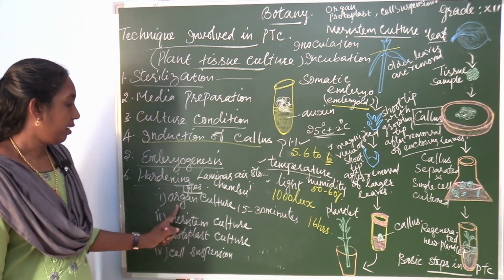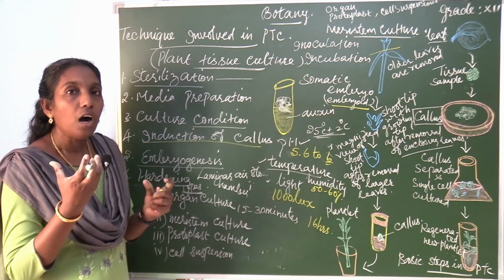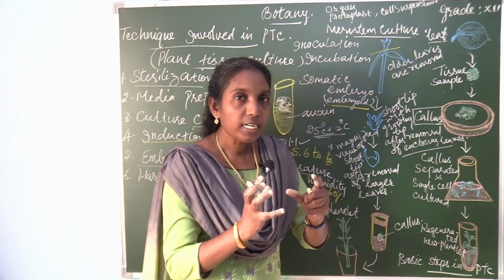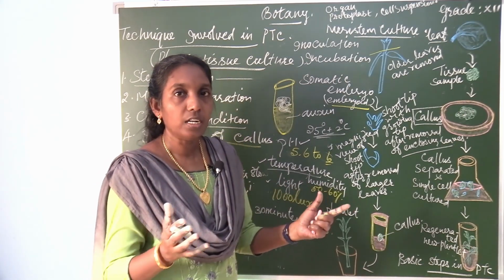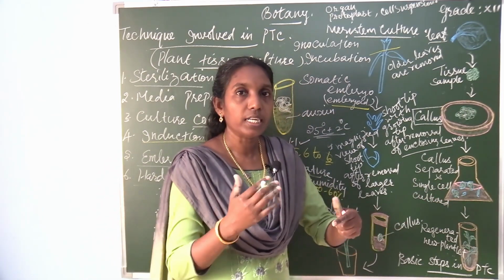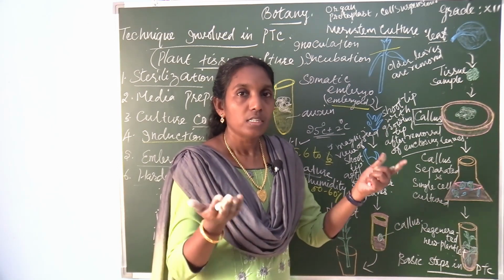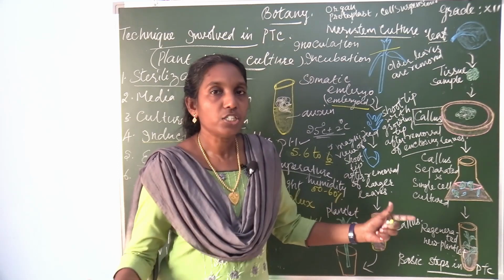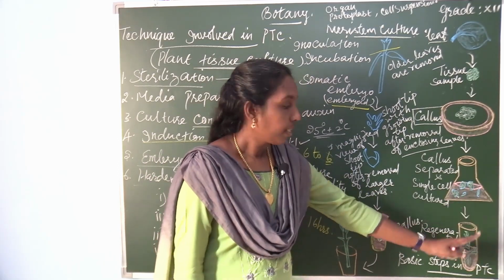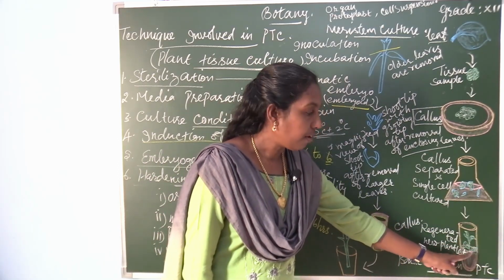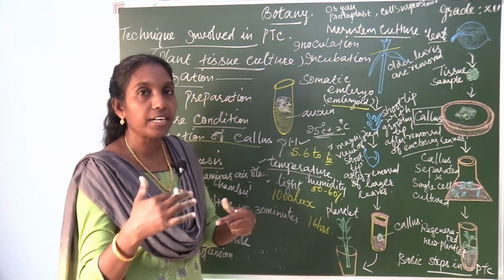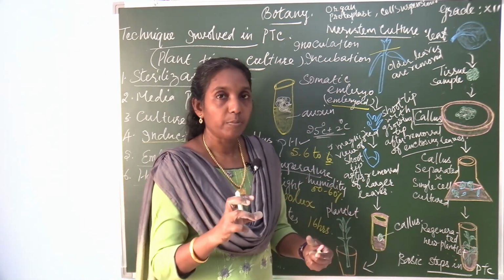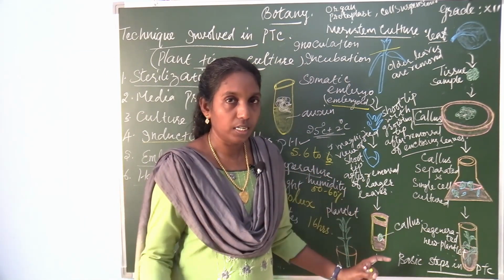What's meant by organ culture? What's an organ? Look at this. Here there is a plantlet. At the time of regeneration, when the callus is separated and made to develop into the entire plant, different organs can be differentiated from the cell. The root, the stem, the leaf, all these parts are separated. That is regeneration, or the formation of embryogenesis. So a somatic embryo is developed, and from this embryo, organs are developed.